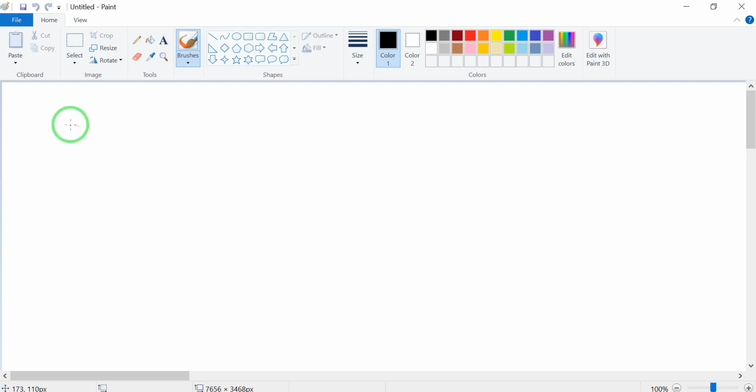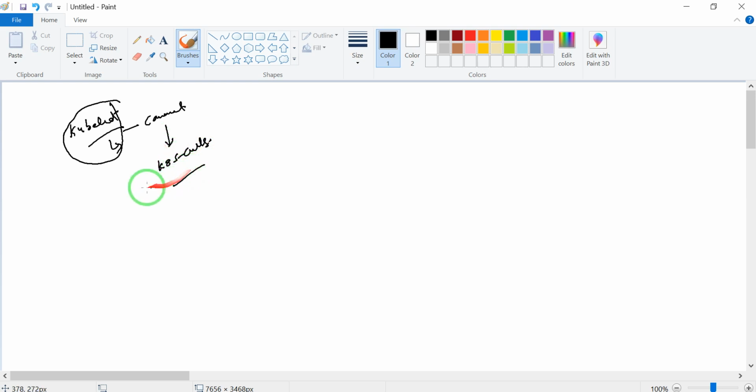In my previous video, we talked about the kubelet service in the Kubernetes cluster. Why are we using it? It's just a tool, a command, to connect to your Kubernetes cluster and create the cluster. So that's the kubelet we talked about in my previous video.